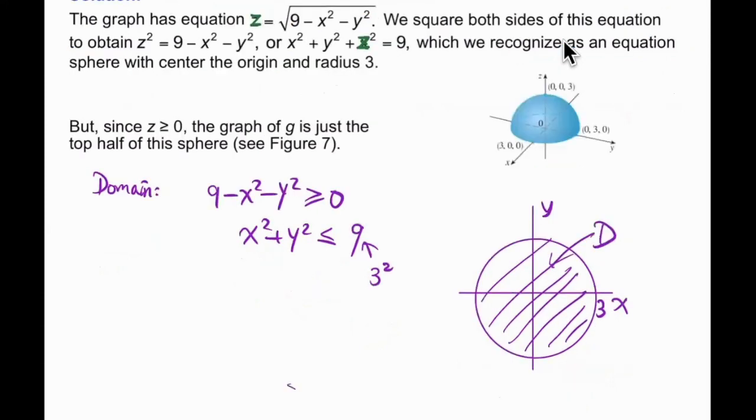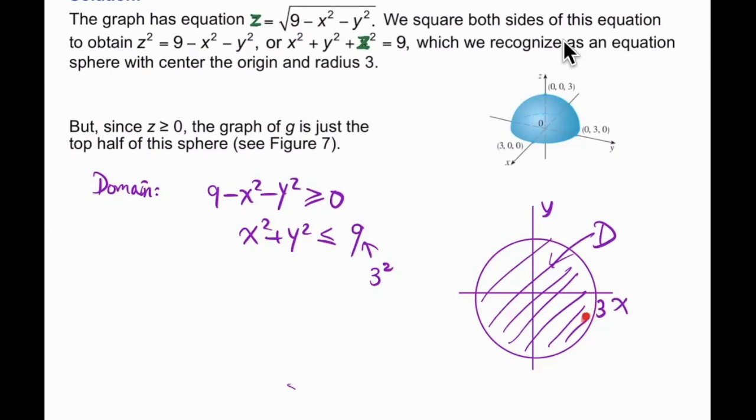We know that x squared plus y squared equal to 3 squared is this circle centered at the origin with radius 3. So this region with x squared plus y squared less than or equal to 3 squared will be the inner region of the circle. Because of the equal sign, we also have